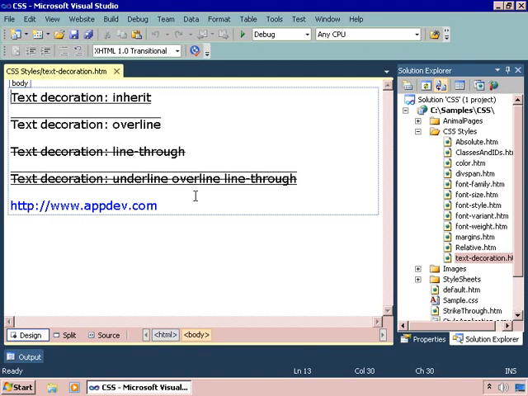Line through is correct. This has all 3. This is a link with no underline. Why does this not show what it should? It's because Visual Studio has a small, what's the word? Problem. If I show this in the browser,